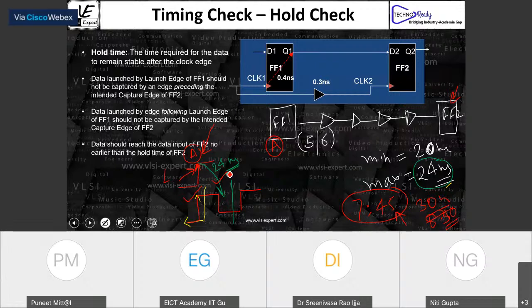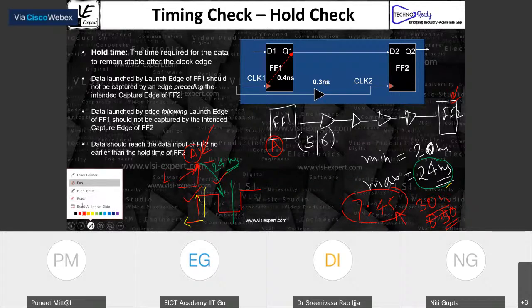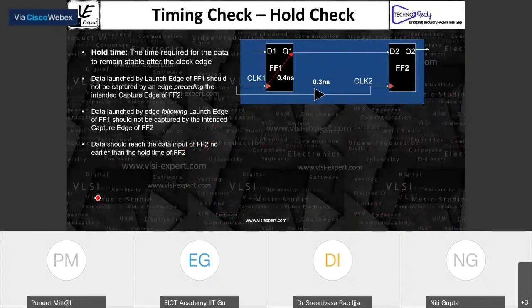In this particular way we are going to do the analysis. Now let's try to understand the same thing with the help of this particular circuit. So if this is your circuit, now in the circuit how we are going to do the analysis, let's try to understand that particular part. So I'm saying there are two flip-flops, there is a combinational logic, there is a clock. This is going to trigger at 0 nanosecond, then the 10 nanosecond. This is also going to trigger at 0 nanosecond and the 10 nanosecond.